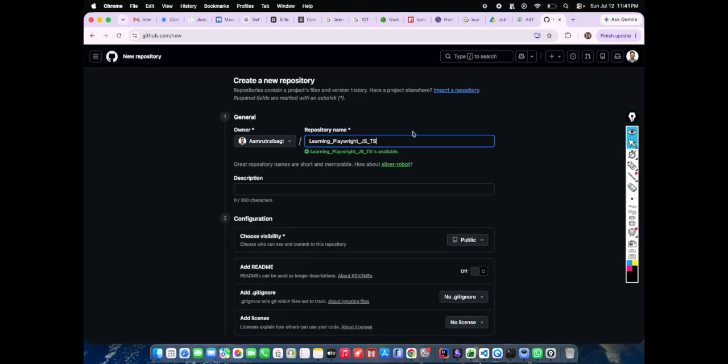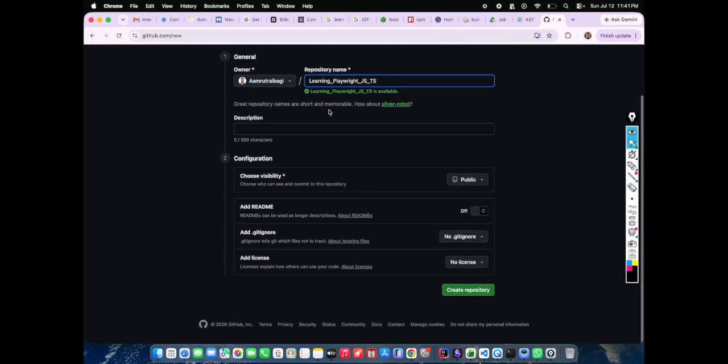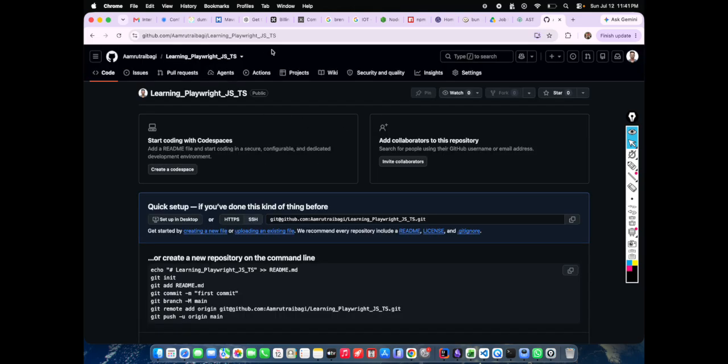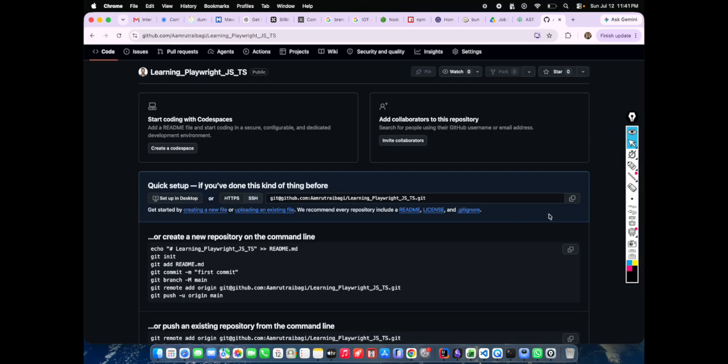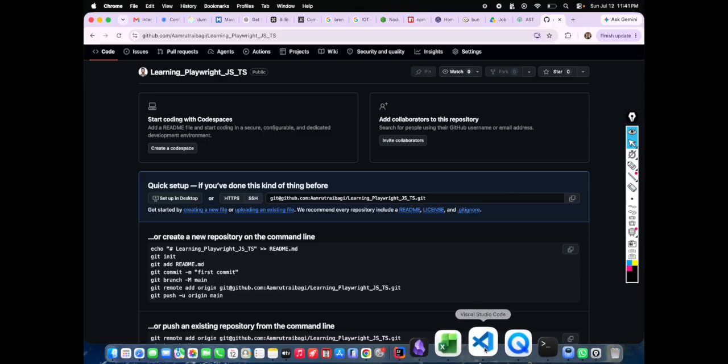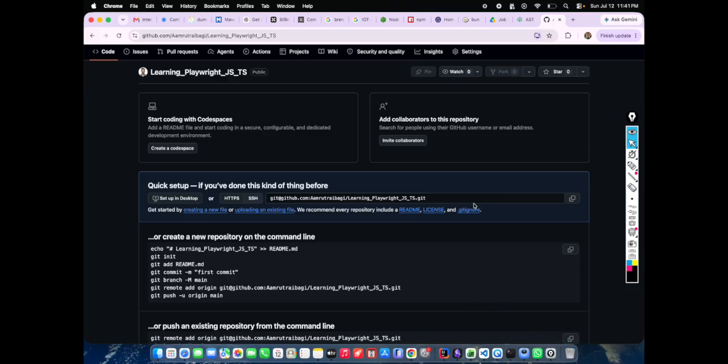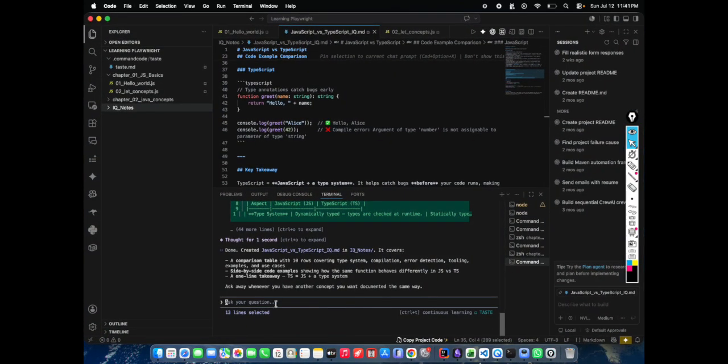There is no need to give any description at all. We will simply click create repository. It is simple: you go to that /new and create the repository, and after that you copy this and come to this